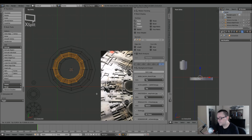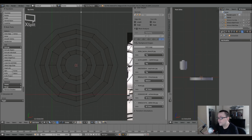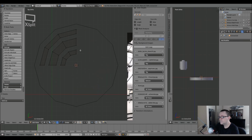Bring that in. I'm just kind of... Actually, I think... Now those would be holes, which I'm going to get rid of. And we can kind of see what... I don't know how this is really going to look, but